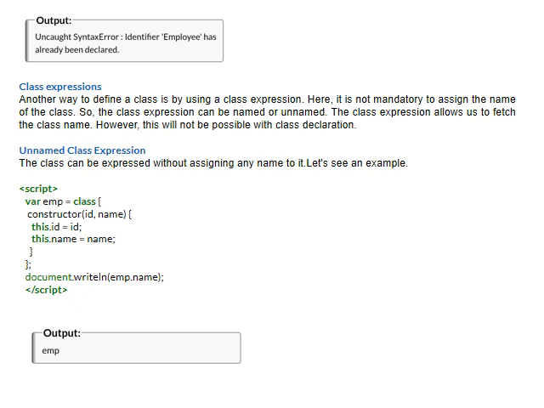The class expression allows us to fetch the class name. Let us see how with an example. This is an unnamed class expression. I am declaring variable emp, and this is class, constructor and all this. Write emp.name. It will give us the output emp. Class can be expressed without assigning any name to it. It will assign it this way because variable emp is